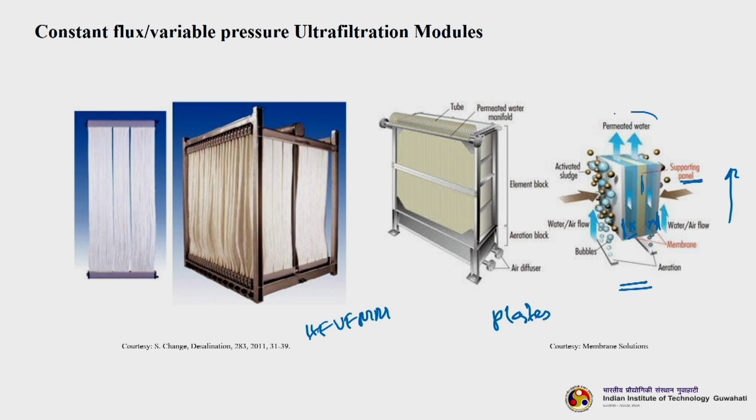You are getting the permeated water from the opposite side, and you will see the sludge deposition on the surface of the membranes, which will eventually be taken out. This image is showing a two membrane system. However, in practice there are many membrane plates stacked together, maybe more than 50.